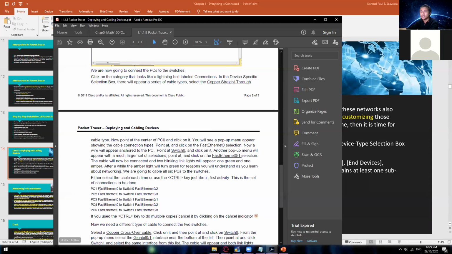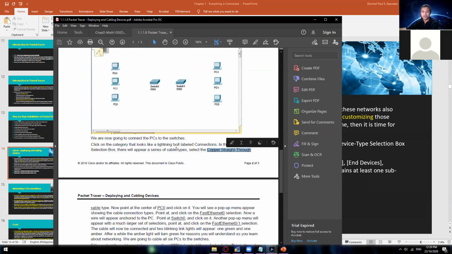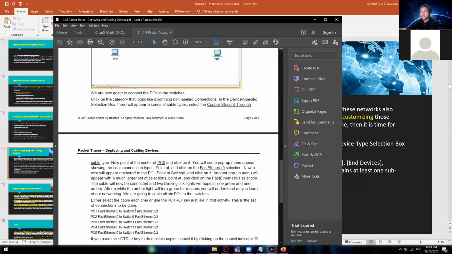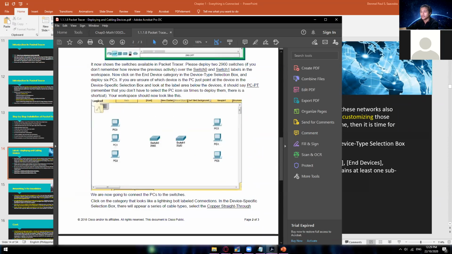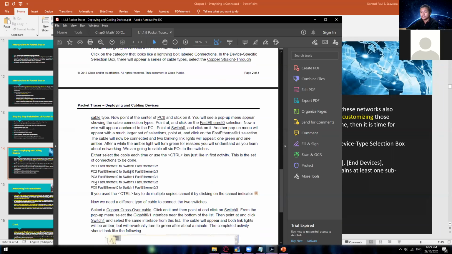So, yung pag-cable natin, is gagamit kayo ng copper straight through. Okay? Copper straight through from PC to switch, yata yun, or switch to PC. So, recall nyo na lang dito or balikan nyo na lang dito. Okay, hindi ko maalala. And then, ito yung configuration natin. So, PC1 is connected to switch 0. PC2 is connected to switch 0. And then for PC3 and 4, connected naman siya sa switch 1. What else? And then